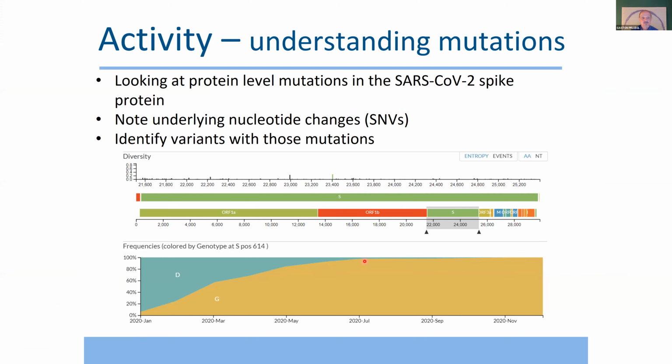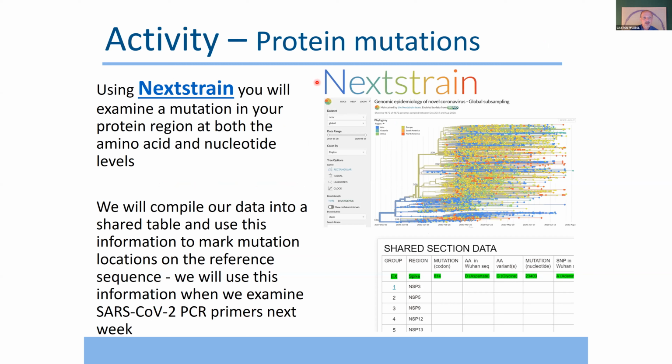All right, so here's one slide. This is aspartate, and this is glycine, right? So at a certain position, this green position here in the spike protein, the aspartate went to a glycine over time, right? So that's from last year till this year. And you're going to learn how to read this in lab. So here's a link to Next Strain. This is a phylogenetic tree, but there's way more information than just this. And you're going to use this for your lab.